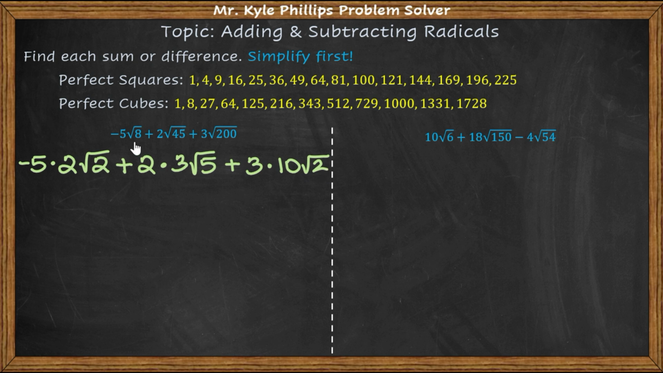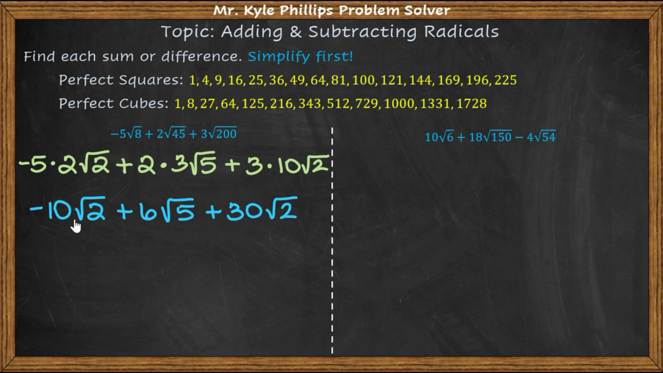Now, if you need additional help simplifying radicals, I have that in a prior video. Here, I'm just working through and simplifying the radical as I go. So -5 times 2, this is going to give us -10 root 2 plus 6 root 5 plus 30 root